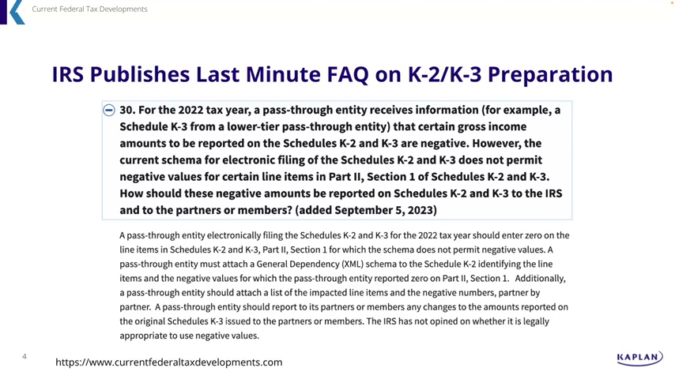However, the current schema for electronic filings of Schedules K2 and K3 does not permit negative values for certain line items in Part 2, Section 1 of Schedules K2 and K3. How should these negative numbers be reported on Schedule K2 and K3 to the IRS and to the partners or members? Now, it's interesting that it's phrased assuming that you have received a K2 from a partnership,